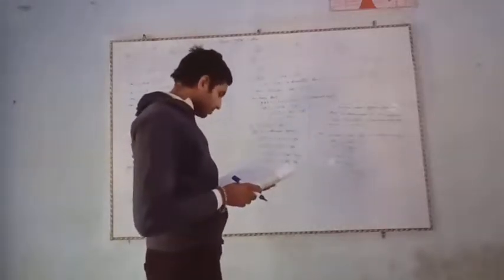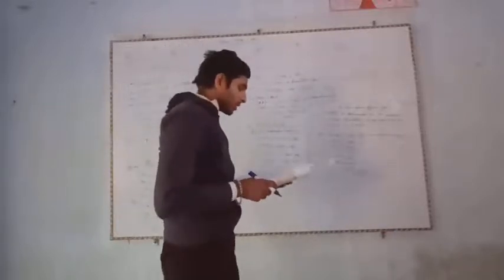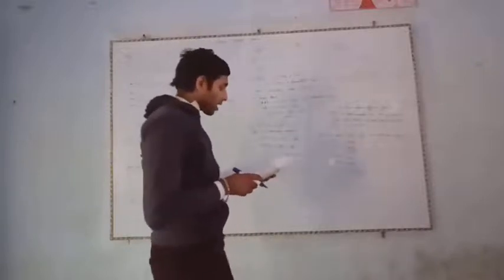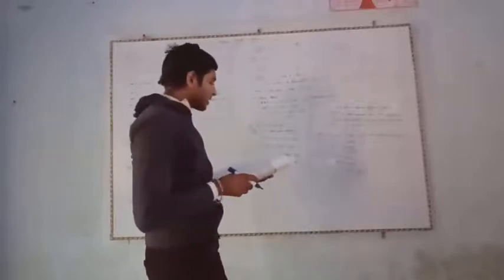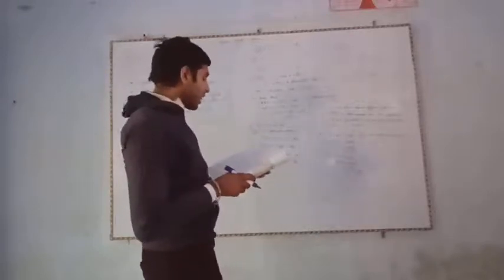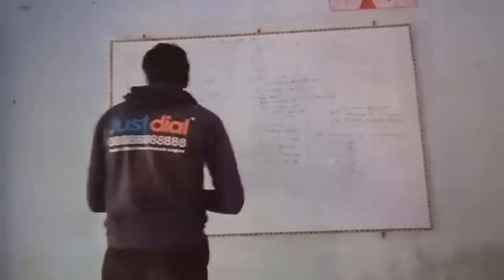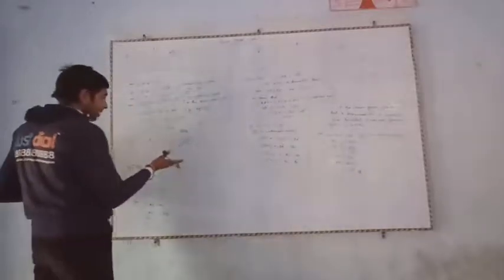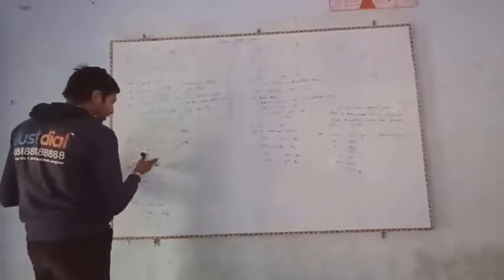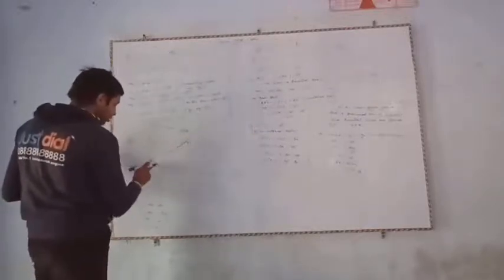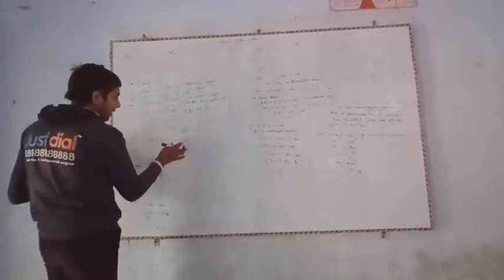Our next problem is number 6. Here you have a parallelogram named ABCD. AC is a diagonal. If angle BAC is equal to 35 degrees, angle CAD is equal to 40 degrees, angle ACB is equal to x and angle ACD is equal to y, then we have to find the values of x and y. Here you have been given a figure of parallelogram ABCD, and we have to find the two angles x and y.